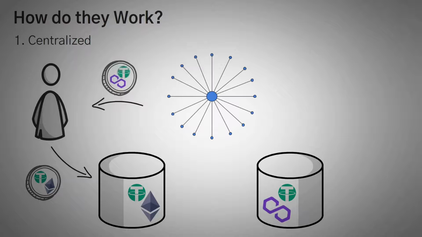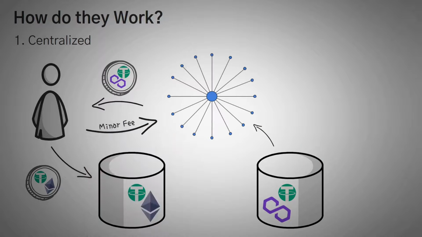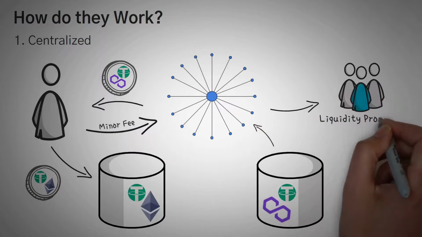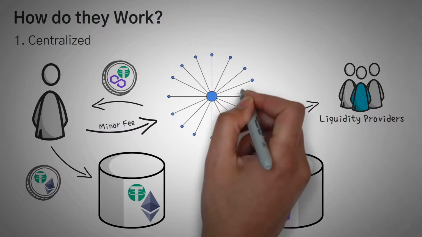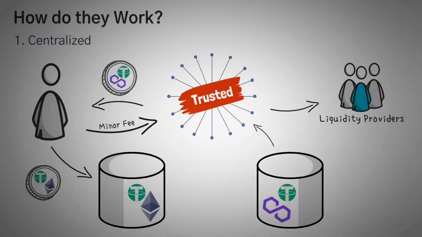Now of course there is a fee that you pay that gets taken out by the centralized authority and given to the liquidity providers, but it's usually a very small fee and you are pretty happy paying it because there is not really any other way to get on the network. One of the issues is that you must trust that the central authority doesn't steal your money in the process. Especially since this process takes days.